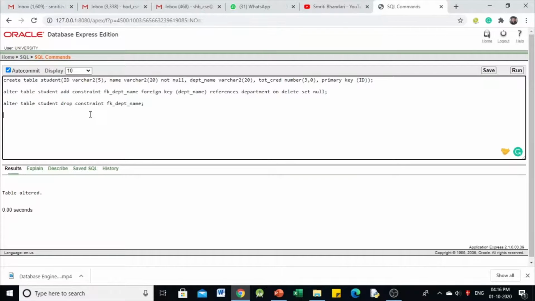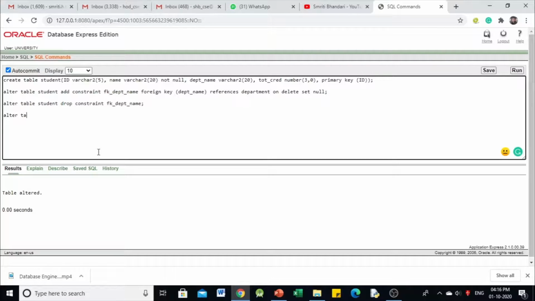Now let us try a few more variants of the alter table statement. Suppose in the student table we have this attribute total credit, and let us assume that we would like to drop it. So how can we drop this attribute from the already created table?